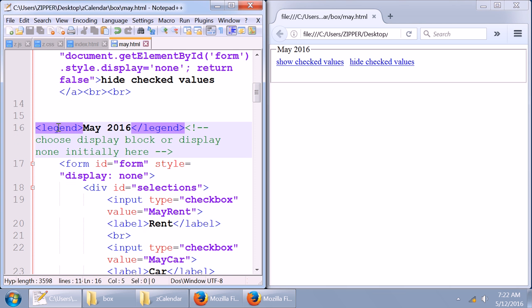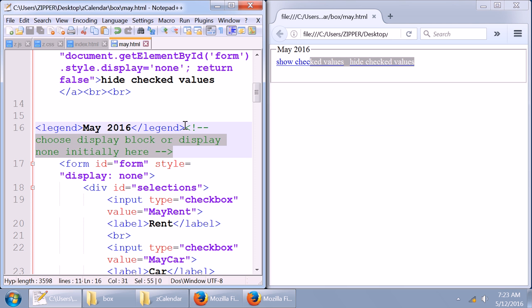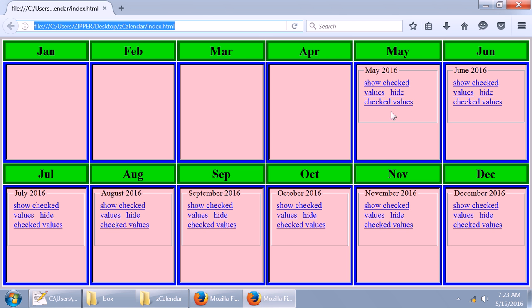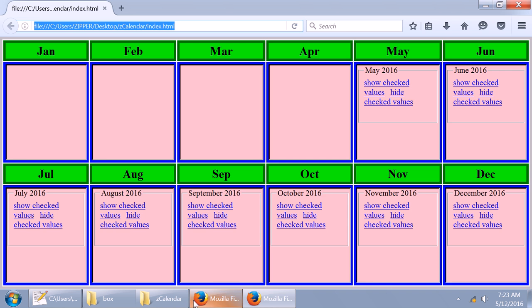Next we have a legend, and the text in the legend is May 2016, and that's what you see right here. Now here I've got a note to myself that starts from there to there, and it's all in green, and it says choose display block or display none initially here. Now when you first look at this, everything is hidden. They're all hidden for every month, but we're actually in May right now, so what I might want to do is just for the May page,